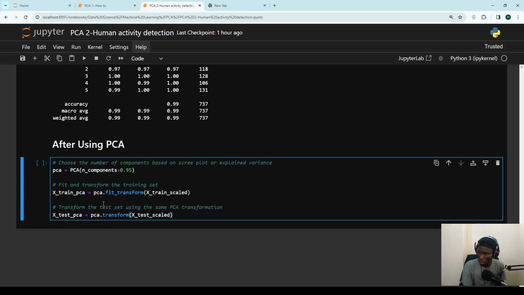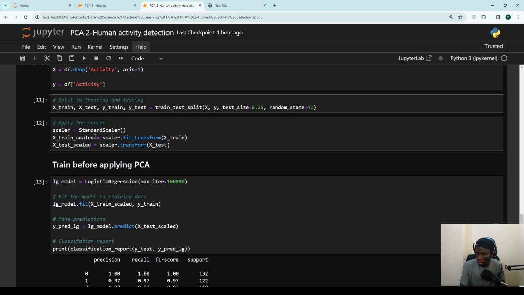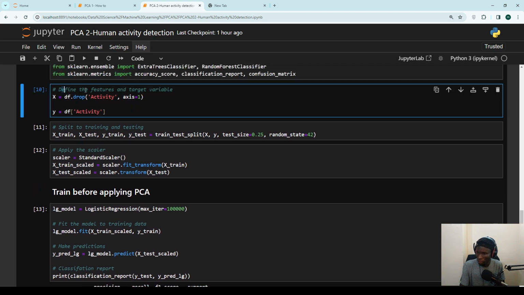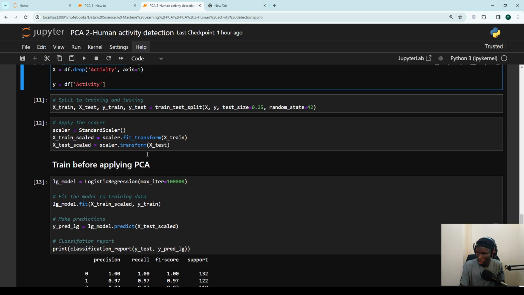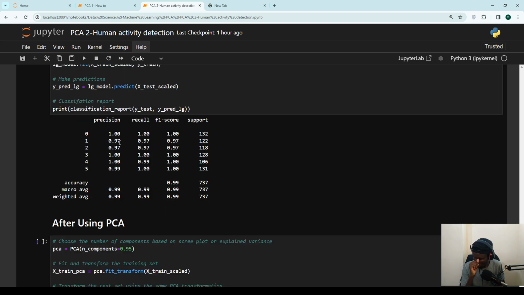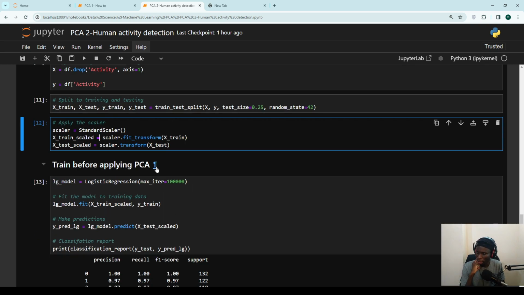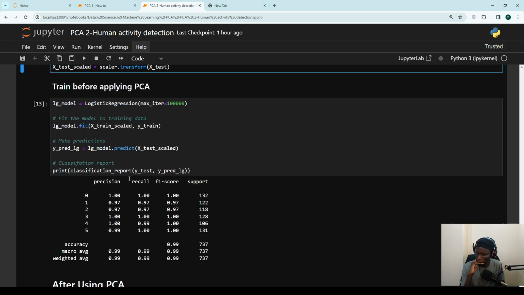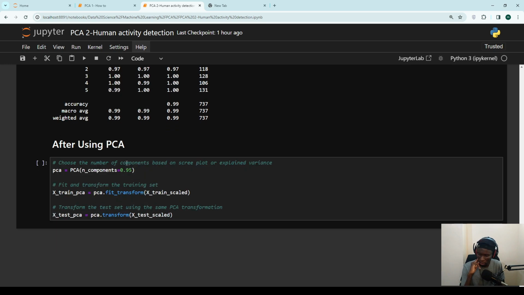So this is how you can use the principal component analysis. The PCA comes after you have defined your features and target variables, and then you split into training and testing data, because after scaling, that's when you apply your PCA. Okay, so we are applying this only on the